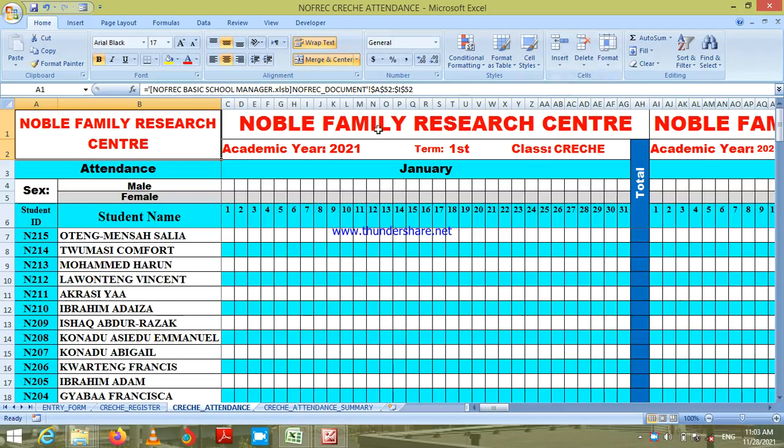The information here includes academic year, term, and for those in basic 7 to basic 10, we have semester, then the class also appears. Then here we have the total number of male students who attended school on a particular date, a particular day in the month, and that of female students who attended school on that particular day. So we have set our date to be 12 January